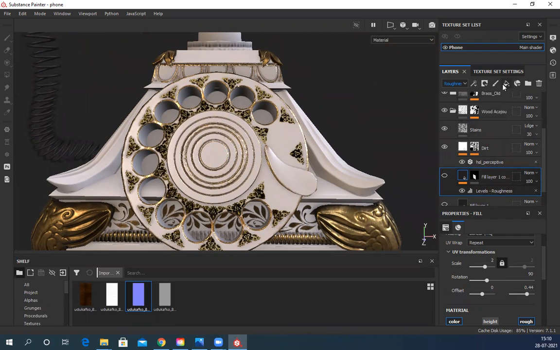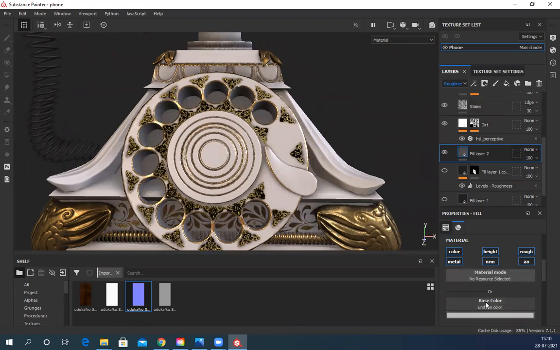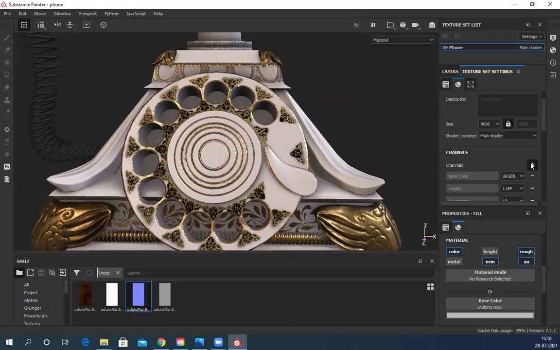Then I created a fill layer and deactivated my height and normal, sorry, middle, and added one ambient occlusion, AO. From plus, you can add an ambient occlusion and then it activates this.